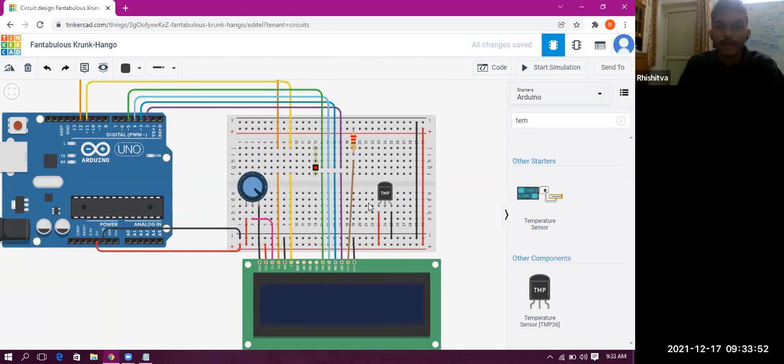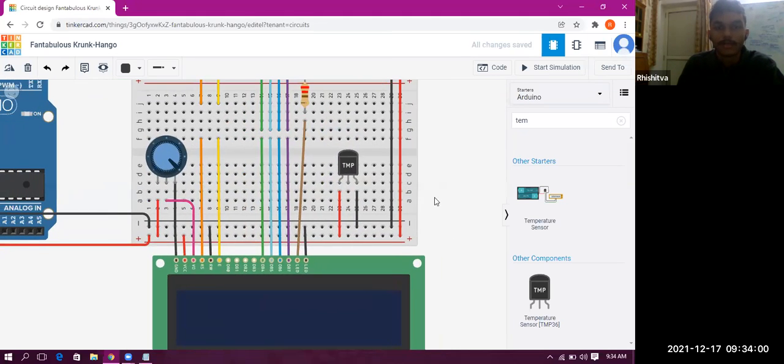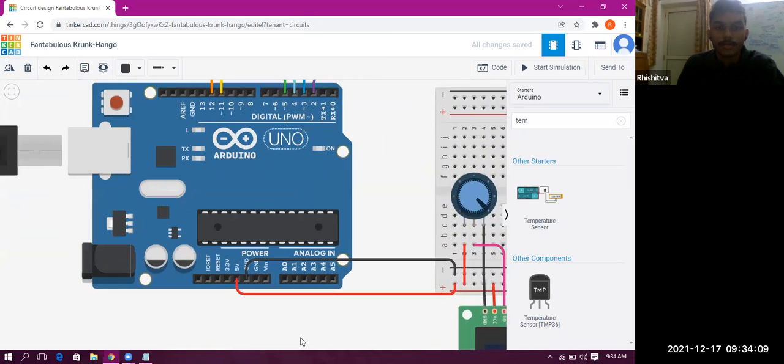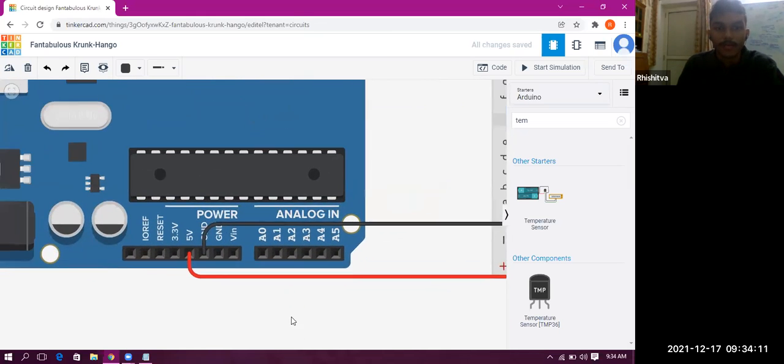Okay, let's say you connected it the opposite way, right? Then your circuit won't work, or let's say it gets busted. Okay, so that could happen. For that purpose, then comes this V out. As I said, we have to connect it with the analog pins on the Arduino. You must have studied about these analog pins in your Arduino class, that were from A0 to A5.